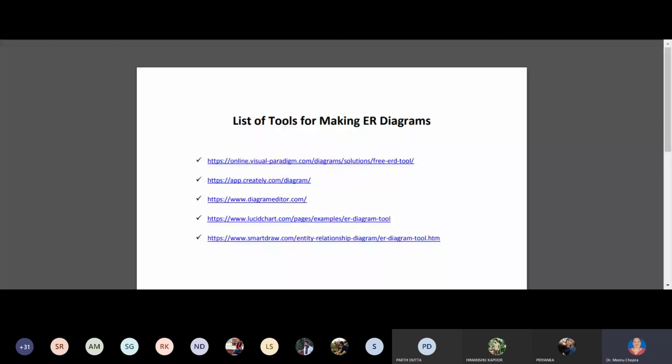ठीक है. आप जरूरी नहीं है कि ये जो मैंने मेंशन किया है that you have to use only these. You can use your own also if you have used one earlier. अगर आपने यूज कर रखा है पहले, you can use that one also. मुझे कोई दिक्कत नहीं है, I've just shortlisted a few tools. You can use any of these. If you are facing any problem, you give me a screenshot or you can ping me or we can discuss in the next lab class. But otherwise, these are freeware. You can easily make your ER diagrams, and day after tomorrow, I will upload a few case studies that you have to make in ER diagram.